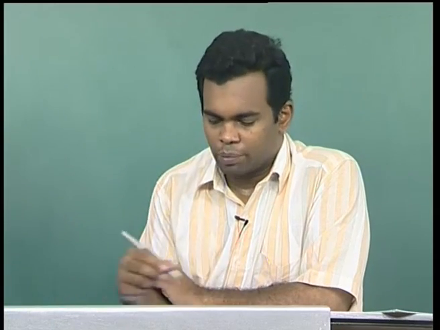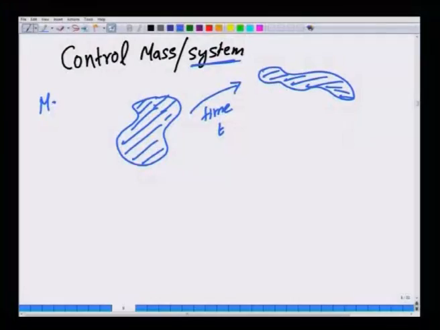So, a chunk of fluid can be identified, which has the same set of mass points or material points, and as time proceeds due to motion, this control mass, or sometimes this is also called the material volume, will evolve in time. Once you identify the body forces and surface forces that are acting on the same set of mass points, you can compute the motion of this by applying Newton's second law.